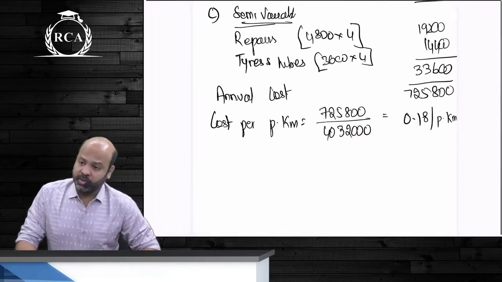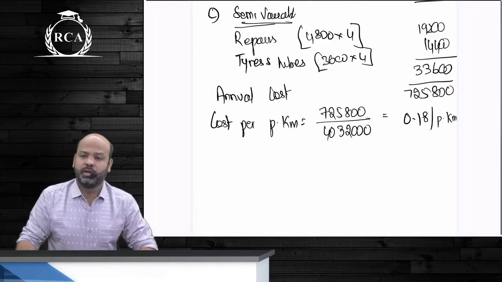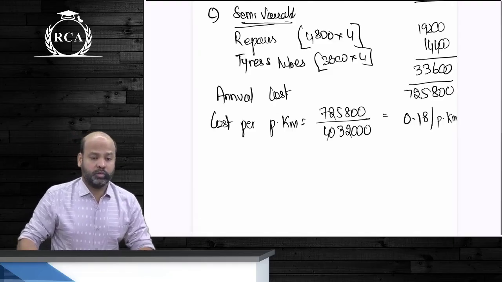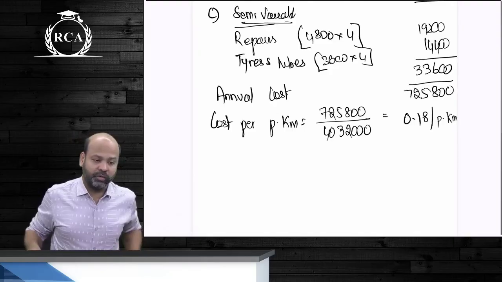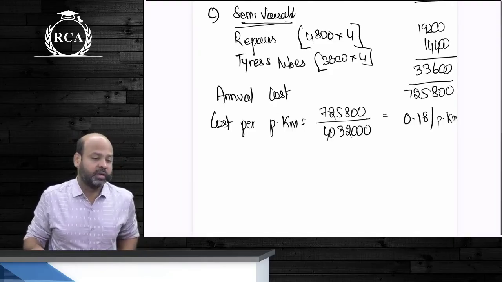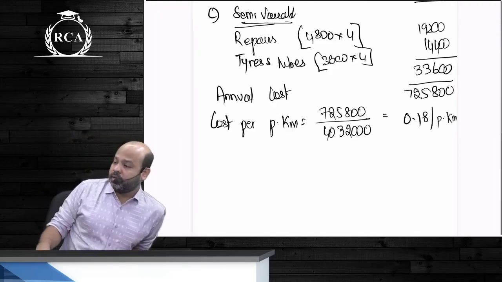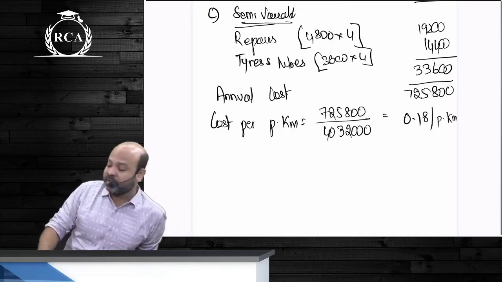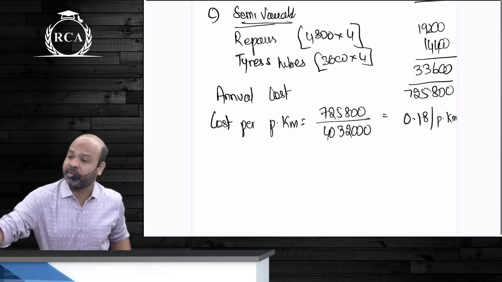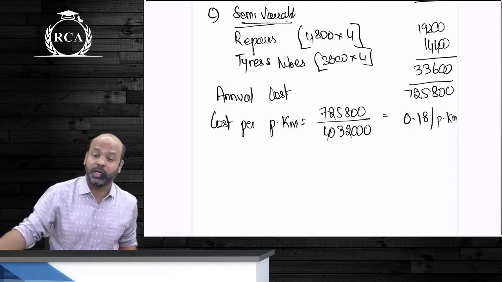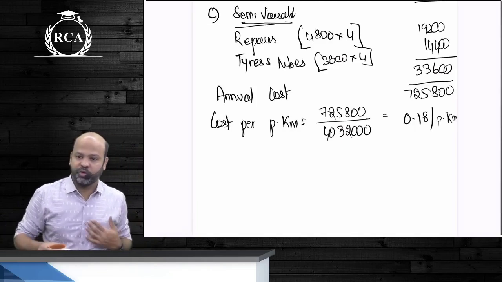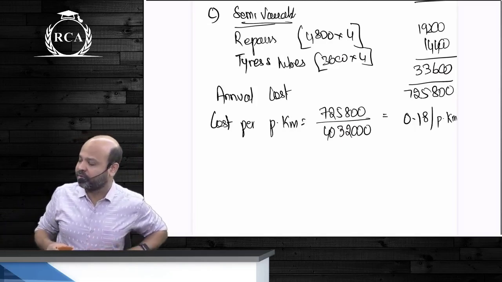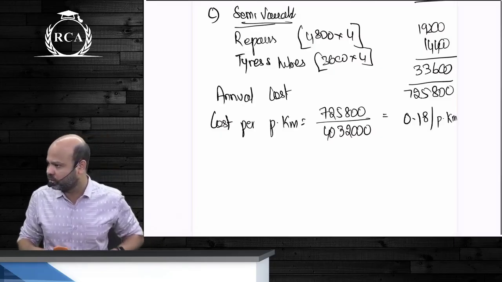Moksh, I have an answer. You will still have to compute one-way fare per passenger. You can compute fare per passenger kilometer, and once you get that, you can multiply that by 30 kilometers. Because each way is 30 kilometers, that will give you one-way fare per passenger. What's in the answer?